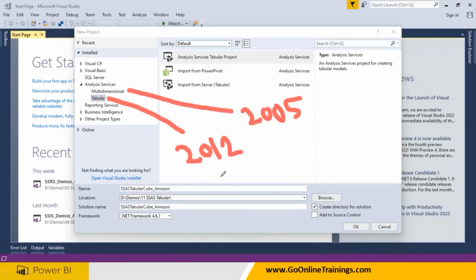First of all, you need to know why Analysis Services, what it is going to do. That is what we need to understand now. The next point we will discuss is why multi-dimensional, why tabular, and what is the difference between these two. That is also very, very important. Under the Power BI class, I'm going to be covering only the tabular model. Under MSBA, we are going to be covering multi-dimensional.